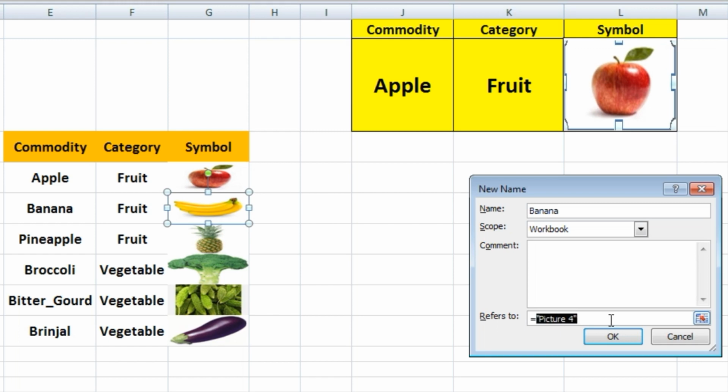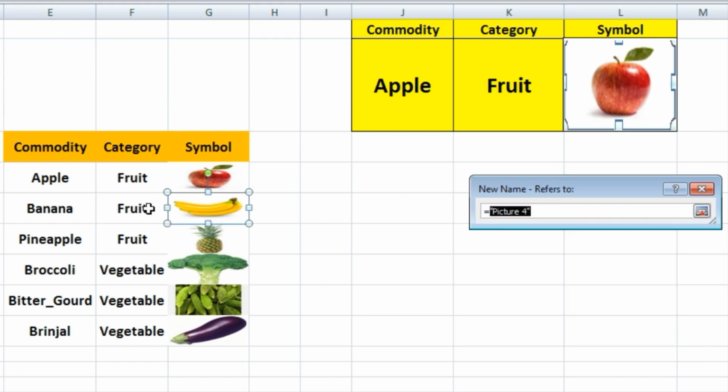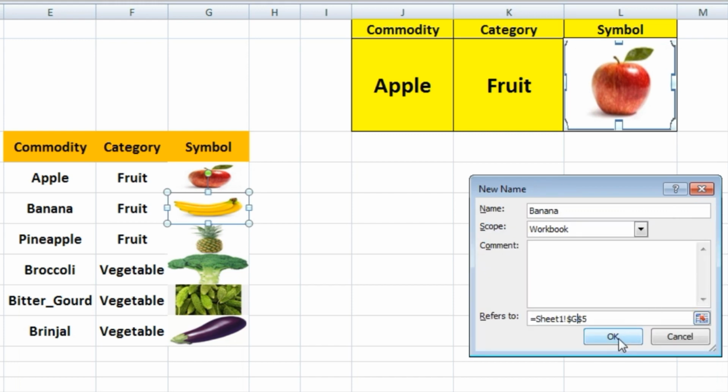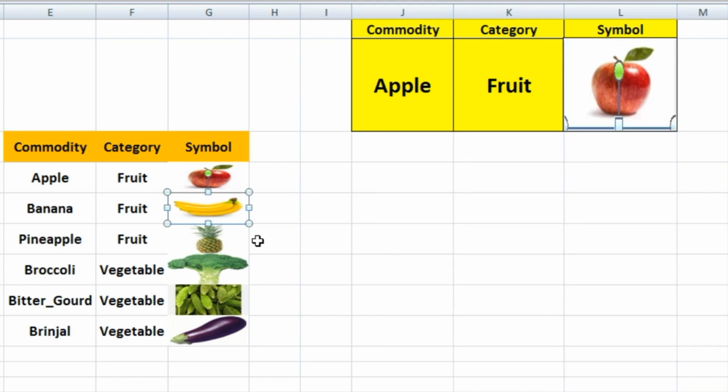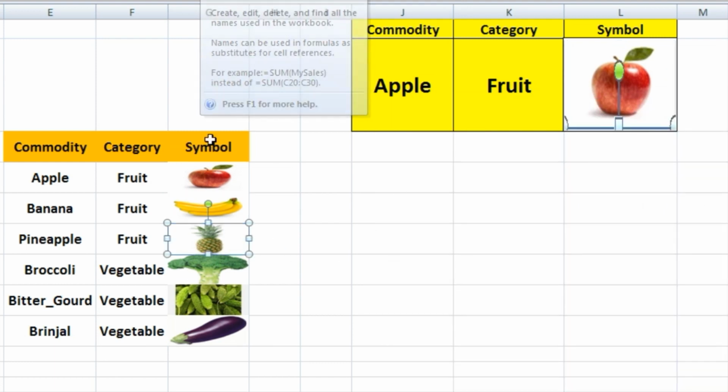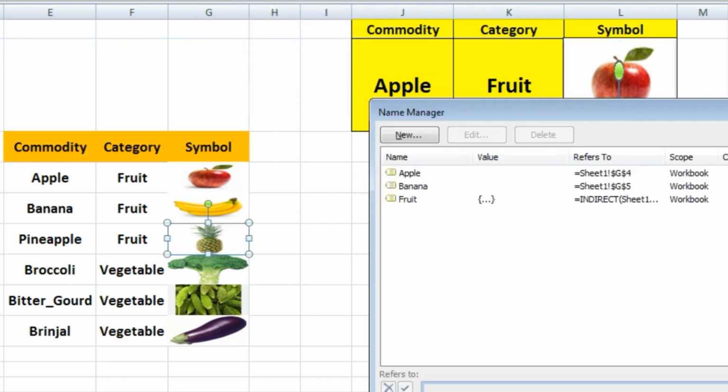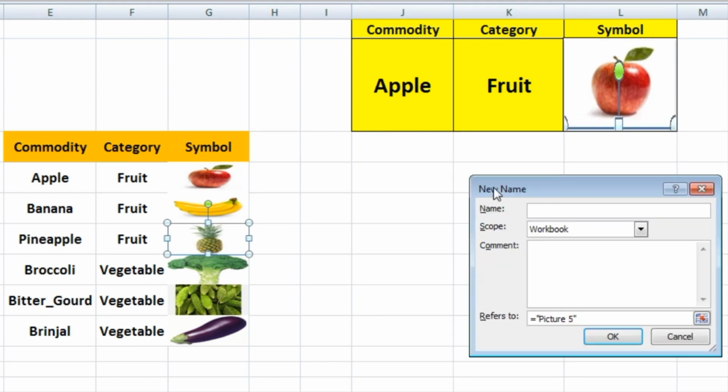I will select this first, and it is G5. Close this one. For the third image, Name Manager, New, and this is pineapple, G6.